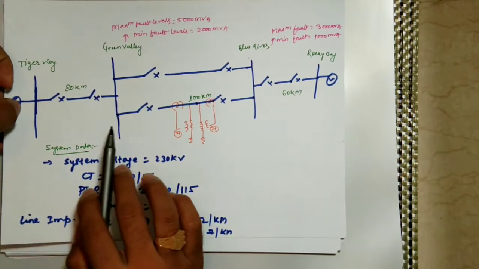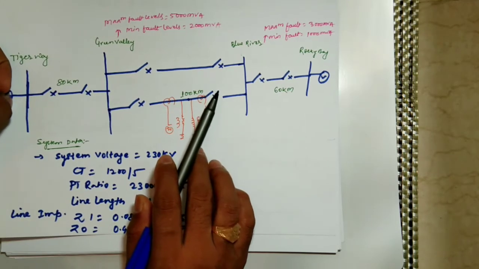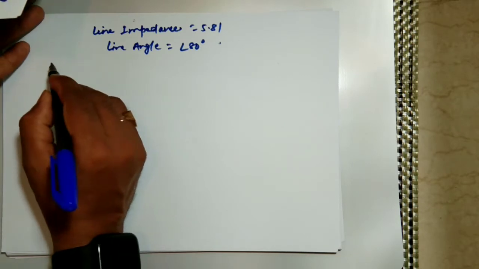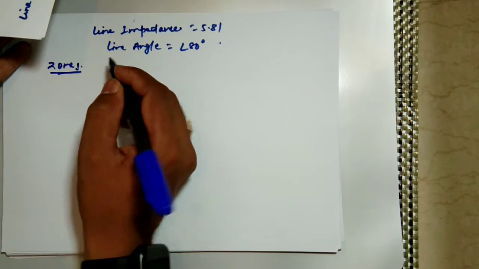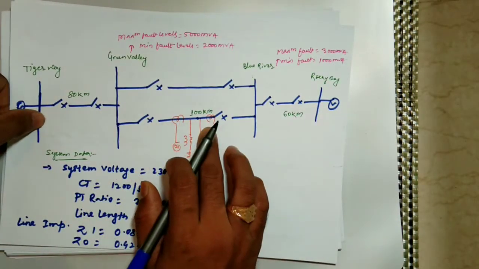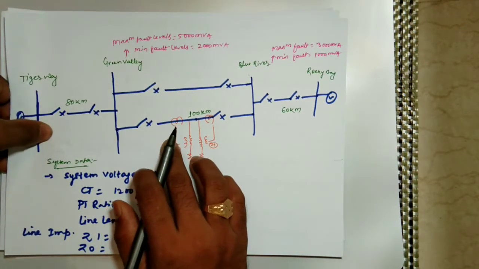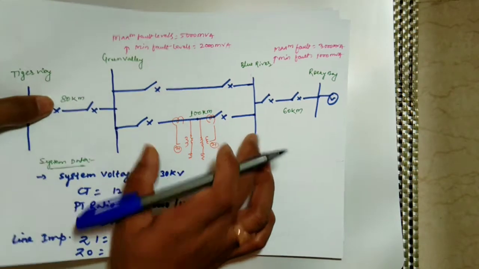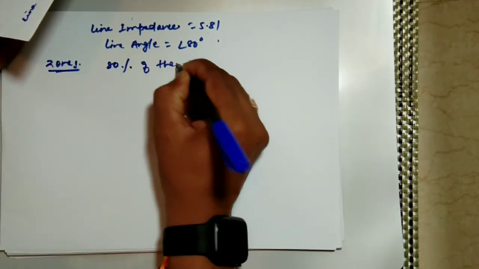Since we know that in every zone protection we divide the protection into 4 zones, zone 1, zone 2, zone 3, zone 4. As per fundamentals, normally for zone 1 setting we set 80% of the line length, that means the line that is to be protected. So if our line is 100 kilometer, we will set 80% of the protected line.